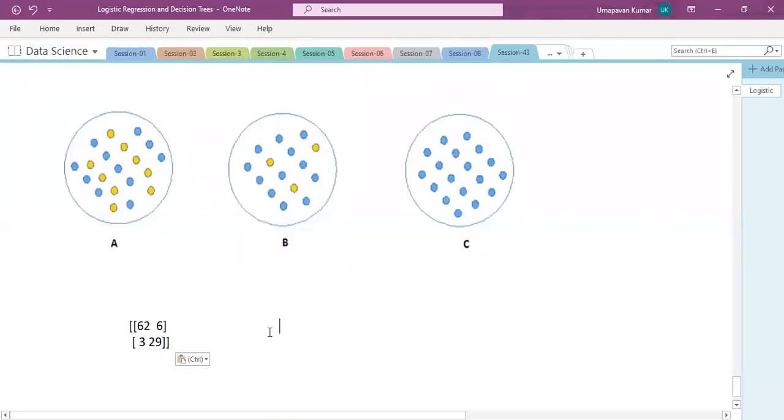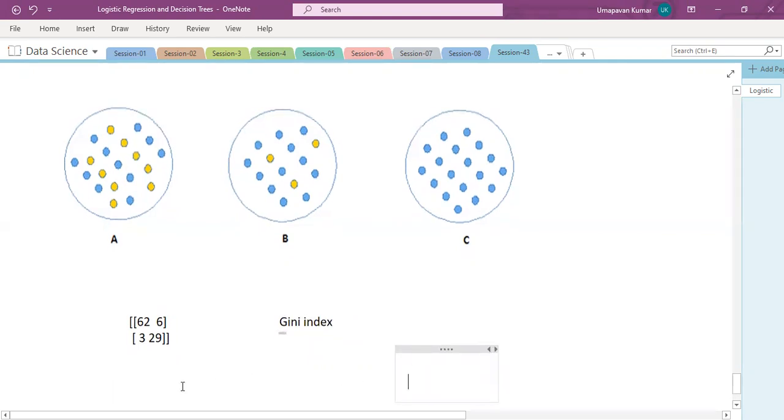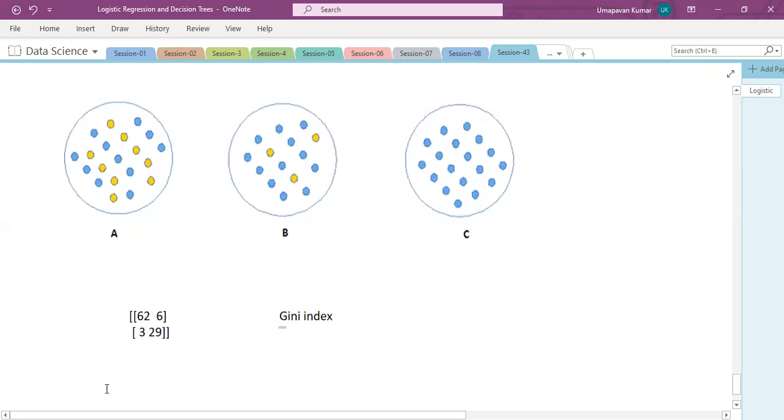This is related to the Gini index. These values are related to the Gini index. And the other thing would be, one minute friends, entropy. I should get that confusion matrix for the entropy. One minute, because the accuracy score is the same for entropy and as well as